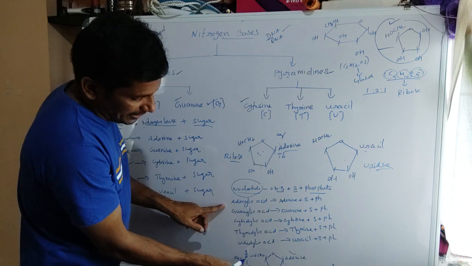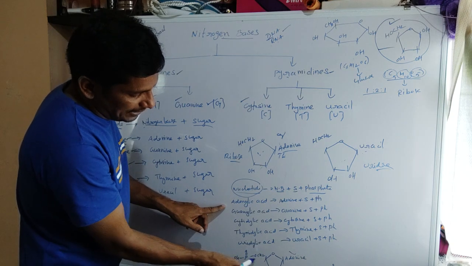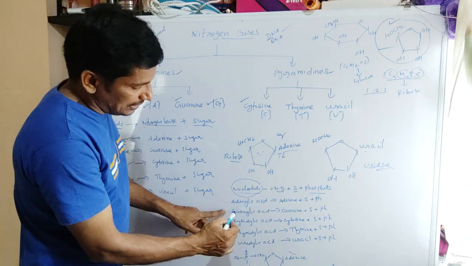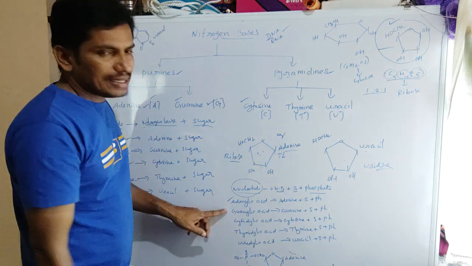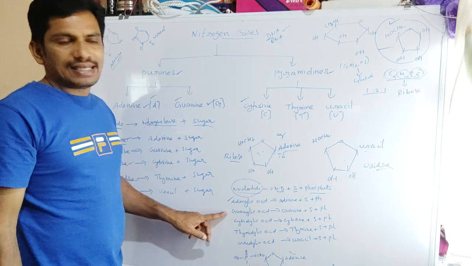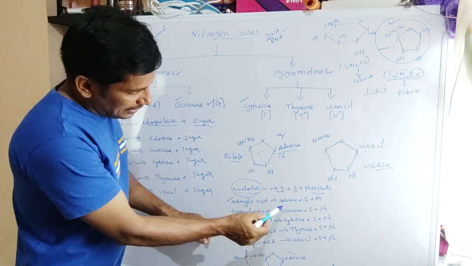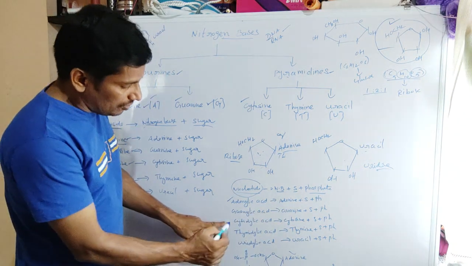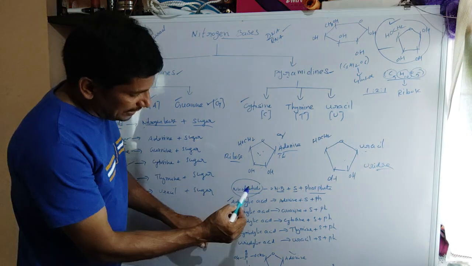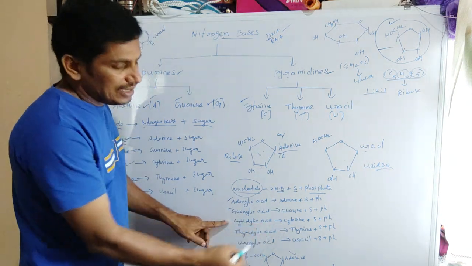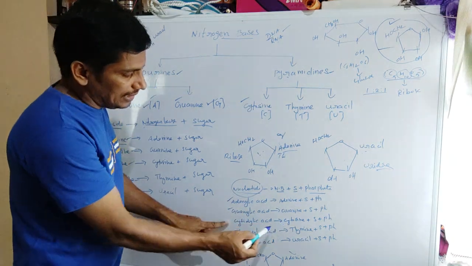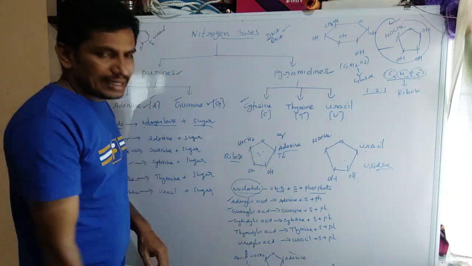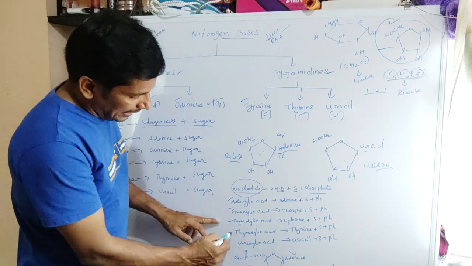This is the phosphate group attached to the carbon. Then it is called adenylic acid. If instead of adenine, guanine is there as the nitrogen base, that is called guanylic acid. If instead cytosine is there, cytosine plus sugar plus phosphate group, that's cytidylic acid, and